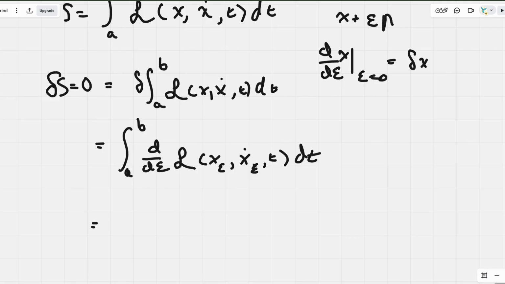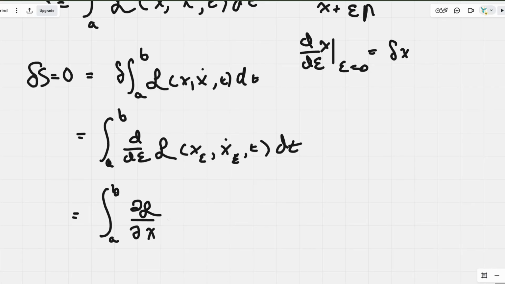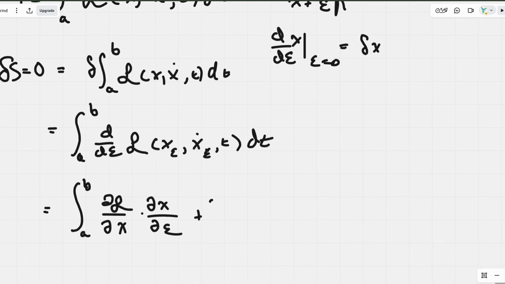Now if we take this and then apply the multivariable chain rule, then we're going to have the change of the Lagrangian with respect to x times the change of x with respect to epsilon plus